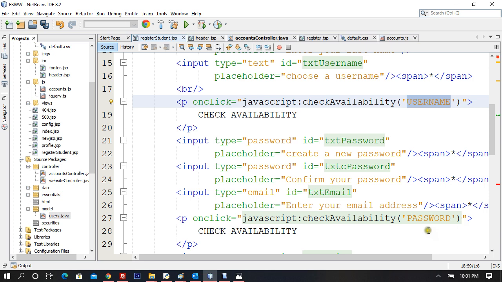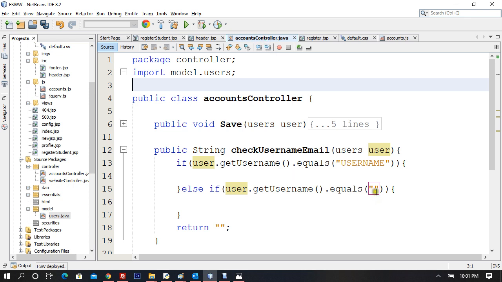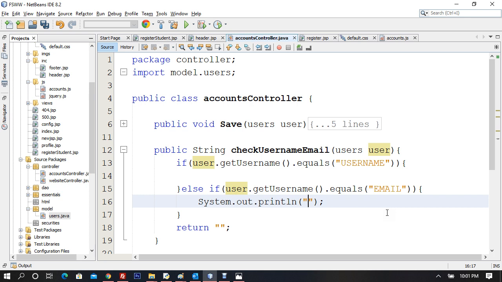Here is username, and here we have to supply email. I'll supply email now, and I'll say if user.get username dot equals email, do this. What do you do now? See, right? So you will say u and